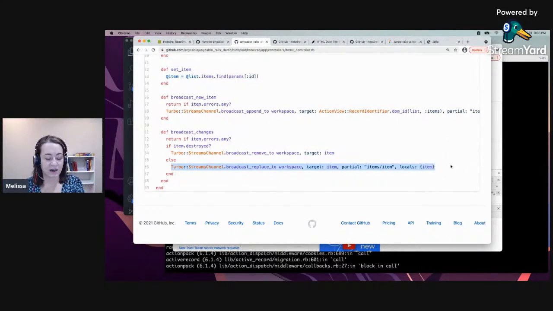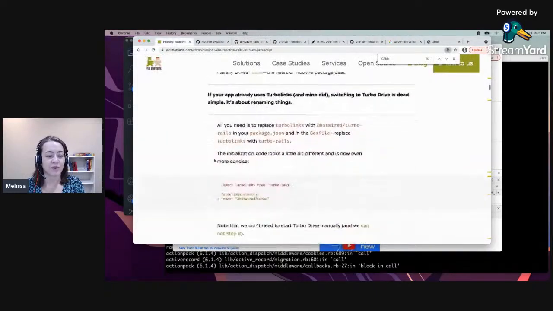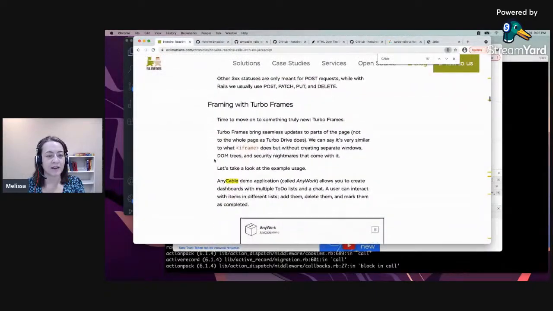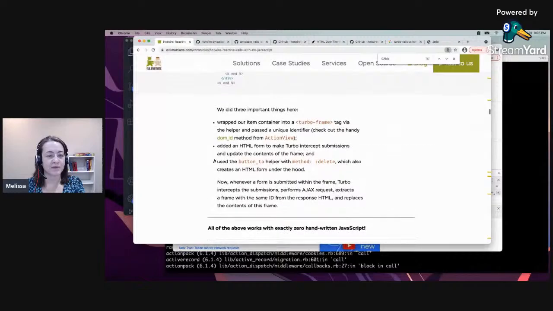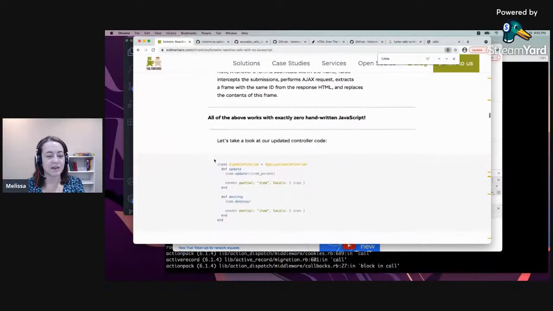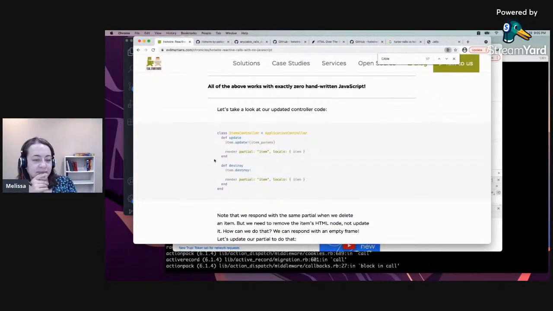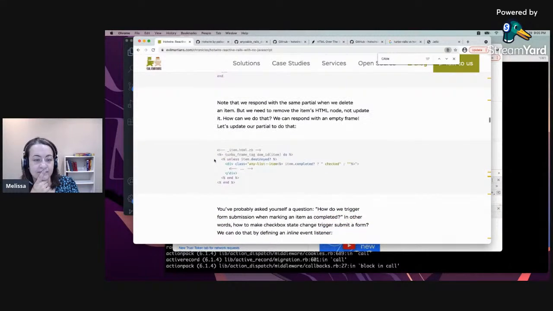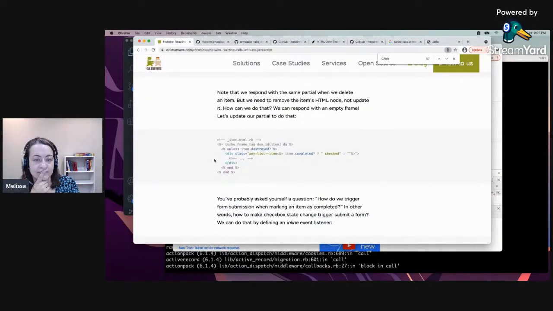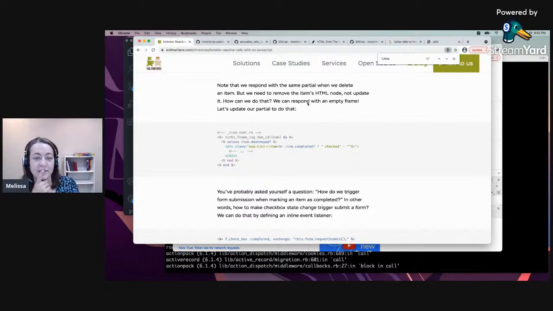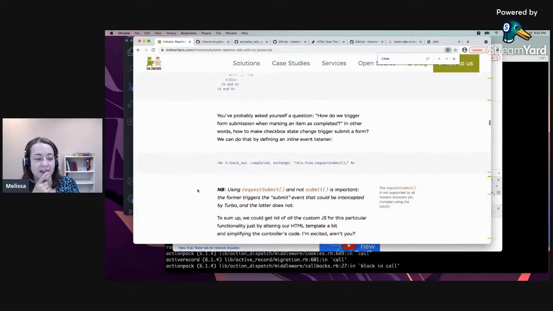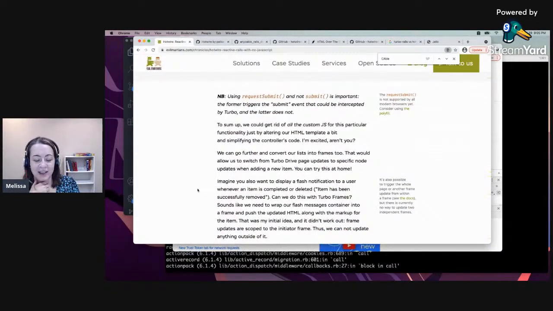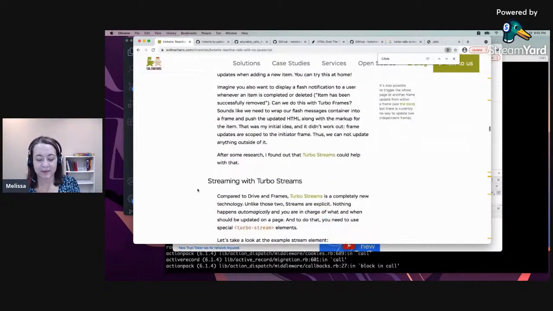That's actually talked about later in the tutorial or in the blog post. So there's the frame. They're going to update with an empty frame. Interesting. Okay. We're not going to get into that, I don't think. And then